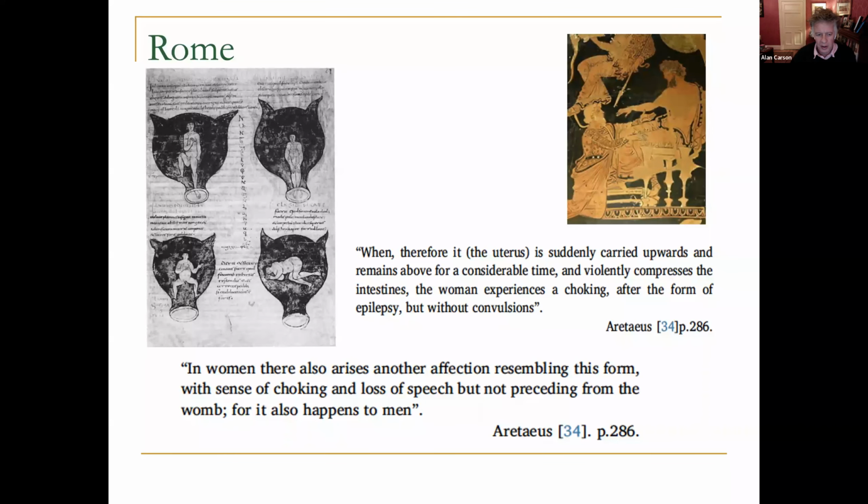There were a few detractors. The rather unfortunately named Soranus, who was an early gynecologist, happened to point out that we seem to get similar afflictions in men, and wasn't that a problem? But in general, the Roman orthodoxy of the day, particularly championed by Galen, who in many ways was a very enlightened man for his time, said it's not possible because men didn't have uteruses, which is as nice an idea of post hoc ergo propter hoc as you're likely to come across.